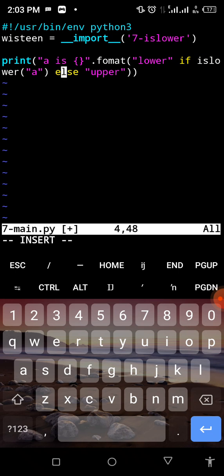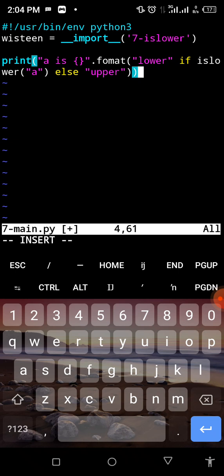Else, let output upper be printed. So whatever you see in the quote, in single quote, is what is going to be printed out. So I will explain what that particular function is doing. That's if and else. Why we have upper and why we have lower there. Now, if we run this, actually it's not going to work,